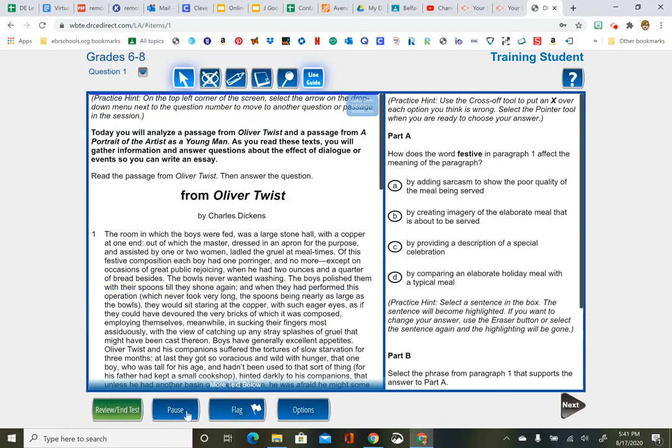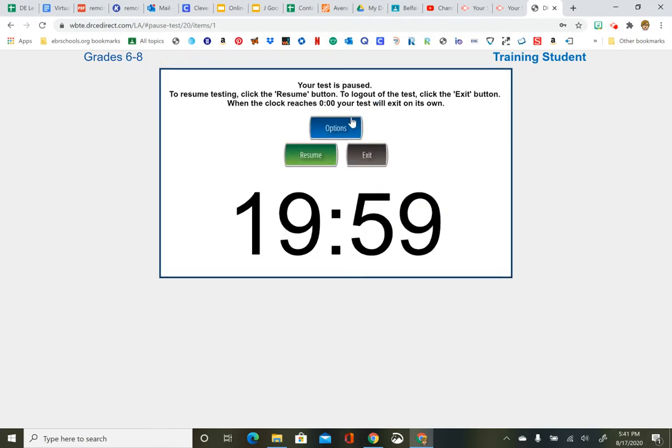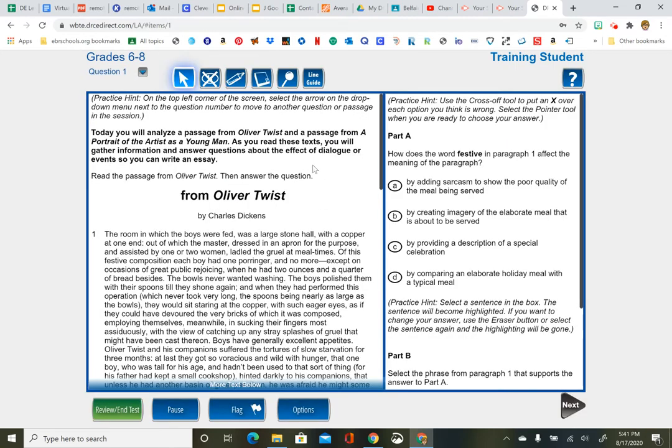Down at the bottom here, there is a pause button. If you need to take a break from your test, go to the restroom, grab a sip of water, then you click on the pause button and a timer starts. If you take more than 20 minutes, your test is going to time out and you're going to have to sign in again. When you come back from your break, you're going to resume and it'll bring you back to